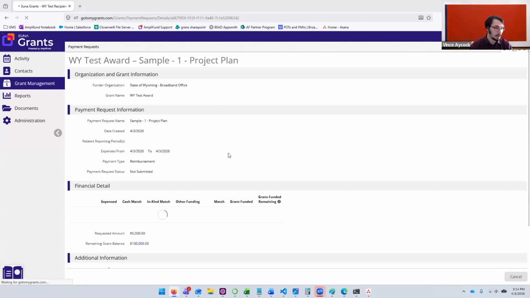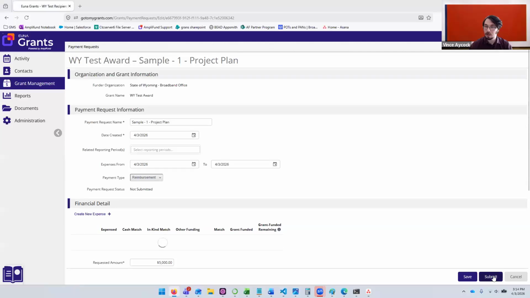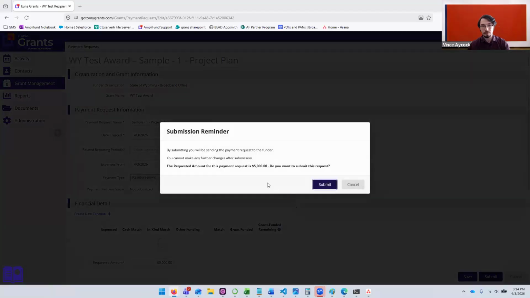I am ready to submit this, so I'm going to go ahead and submit. It's very important to note, you cannot make any further changes after submission. Once it's submitted, it's in Wyoming's hands, and you won't be able to make any changes unless Wyoming rejects the payment request. So I will submit this,